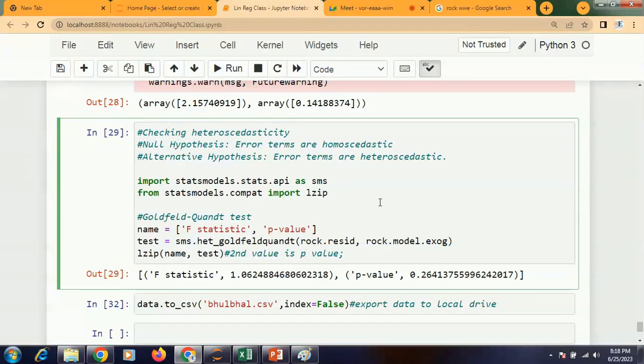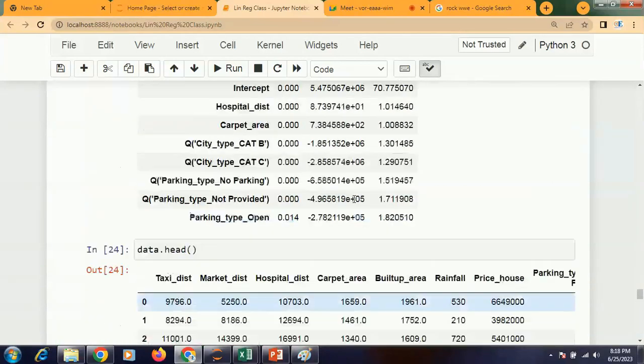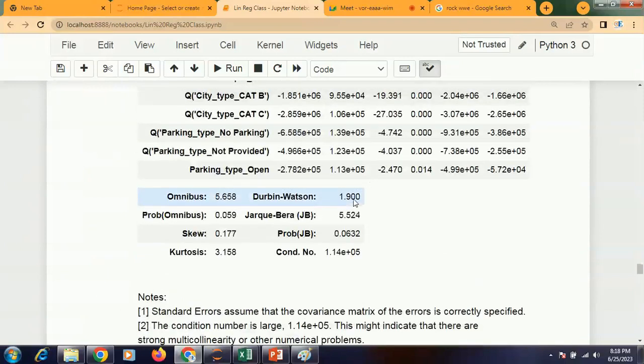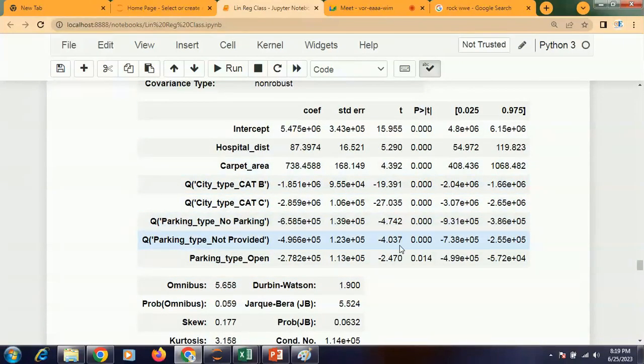Now we will understand the business. Your client doesn't understand all this stuff. He wants to know which house he should buy. Or even before that, we will understand which variables are actually impacting my price. The business interpretation. How do we understand that? I will go back to this final model and check the coefficient column.